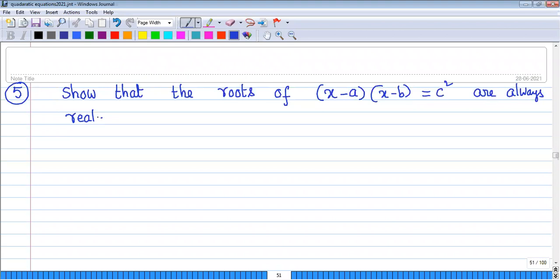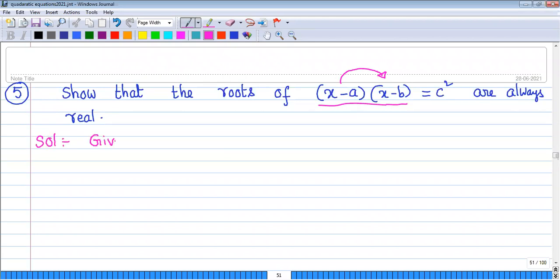Right? First of all, we need to find out delta. As per the delta, we need to say that the roots are always real or not. That means if it is positive or 0 also, we can say real. Okay, understood now. Okay, let us do it now. So first we need to put this one in the standard form, ax square plus bx plus c is equal to 0 form. So that means we need to multiply these two first. See the solution.